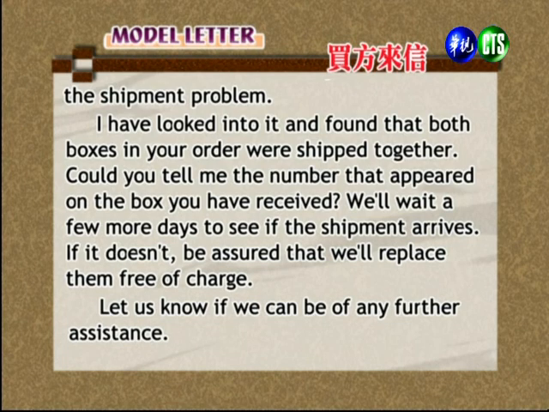OK，他说 We will wait for a few more days to see if the shipment arrives. 他说我们再等几天，看看另外这件会不会到。他说 If it doesn't, be assured that we'll replace them free of charge. 他说如果没有到，我们会免费的再 replace，就是再送货给你。Let us know if we can be of any further assistance. 请让我们知道有没有任何协助我们可以做。然后最后我们看到这就是 email 收尾的方式。